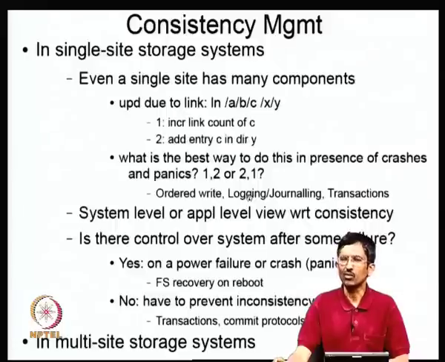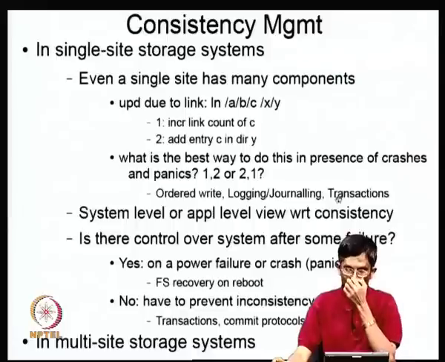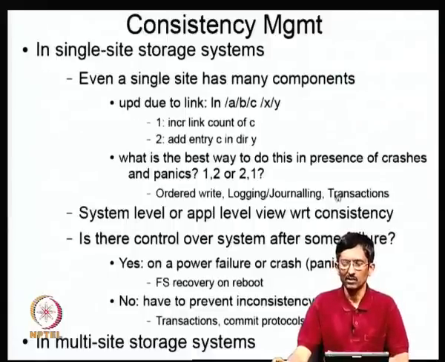Basically you make a note about the kind of changes that you're going to make in persistent store before you actually make the changes. It's also called journaling. And there is also something called transactions, which has been popularized in the database community as basically equivalent to what you mentioned called ACID. That is, when you do multiple activities together as one single transaction, you want to show that it satisfies ACID property.